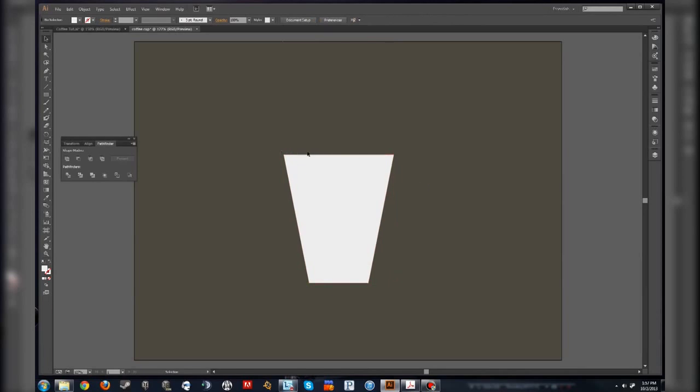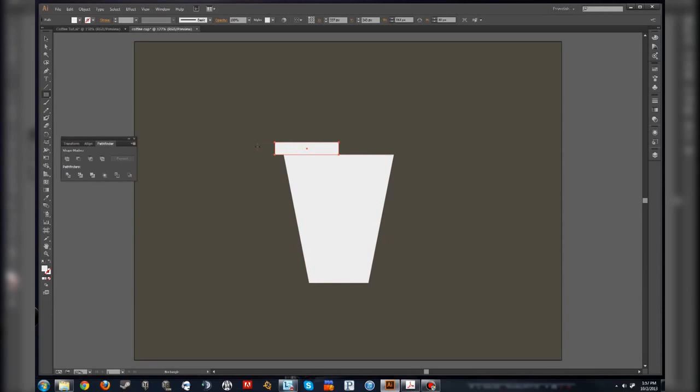The next thing we need to do is start to form the lid. You can do that by creating another rectangle. I'll grab my rectangle tool out of the Tools palette. You can also press M to select those. I'm going to hold down Spacebar to position this exactly at the height that I want. Holding down Spacebar lets me move around the object before I've let go of the mouse button. And I'll draw a shape roughly about half the size of my coffee cup,